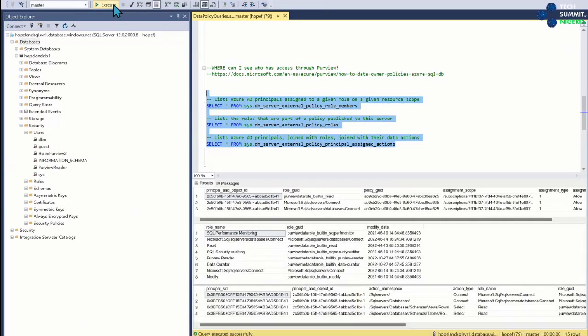I will give a caveat too, again, in preview, and I hope this might be why it's still in preview: if you grant rights from storage accounts in Purview right now, there isn't a way yet to see from the storage side the people that have been granted access. So you would have to come into Purview to see who's been granted access to your storage account. That's a big red flashing thing I want to make sure people are aware of.